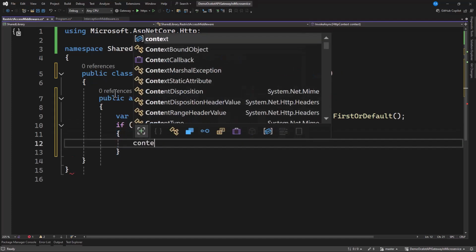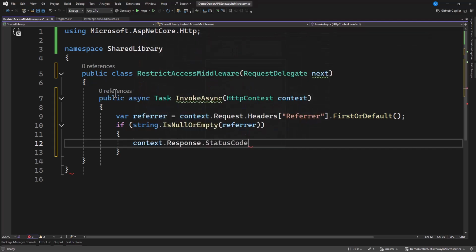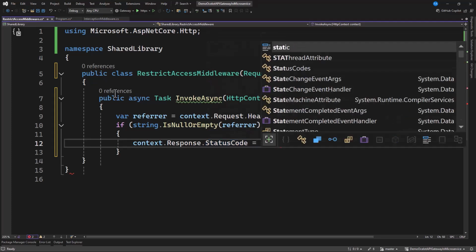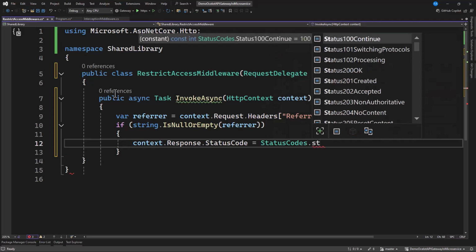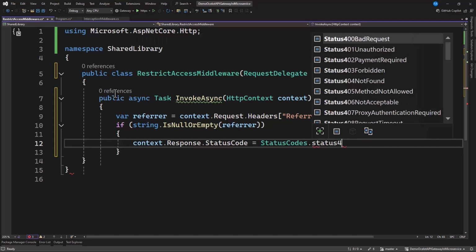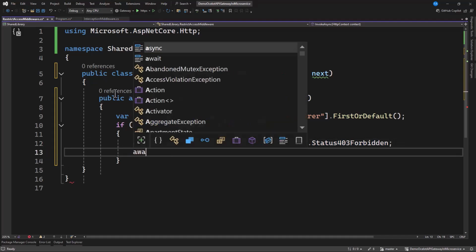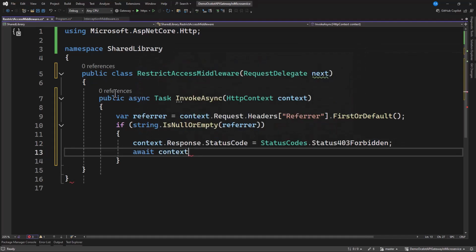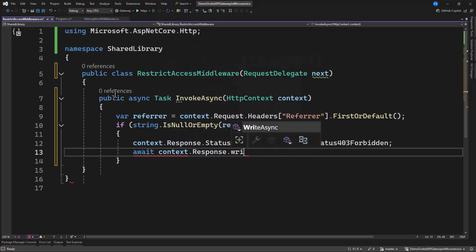Let's have context.Response.StatusCode. We can set this to StatusCodes, and then maybe 403. So we can use that. Okay, so let's say status 403, forbidden. And aside from that, we can have await context.Response.WriteAsync.